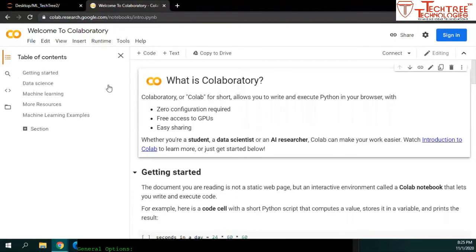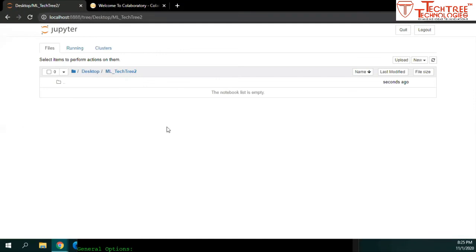Okay, so quickly open Google Colab. Sign in with your Google account and then create a new Python Jupyter Notebook shell. And whoever already has Anaconda and Jupyter in your systems,